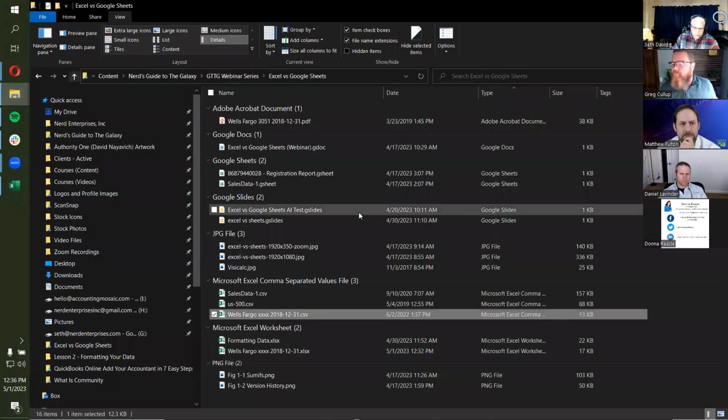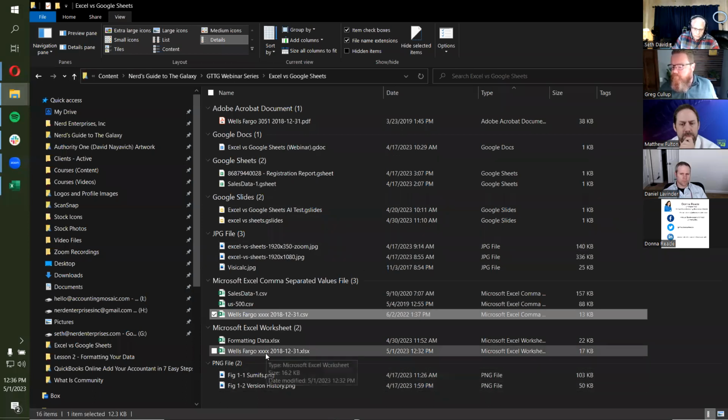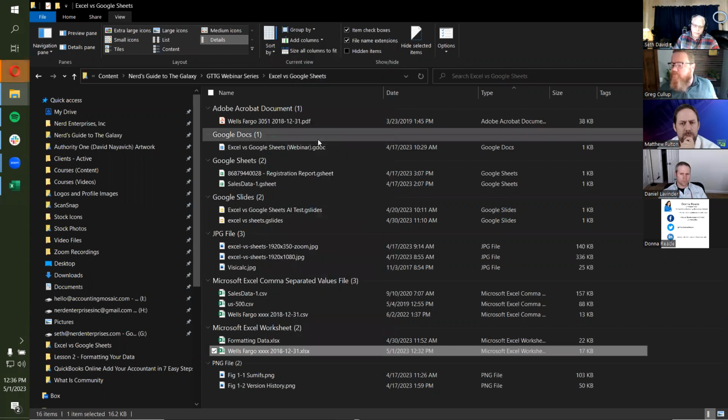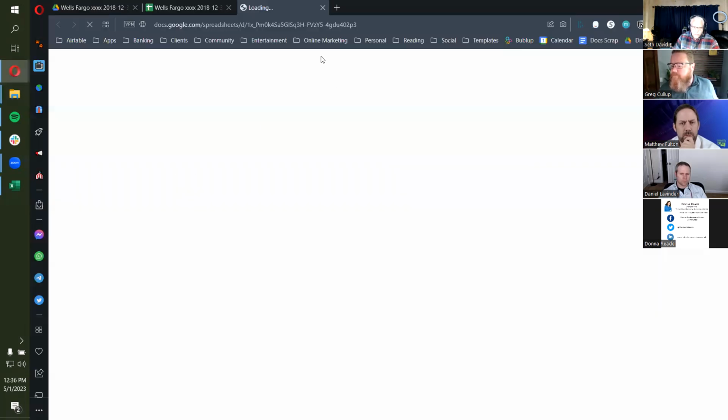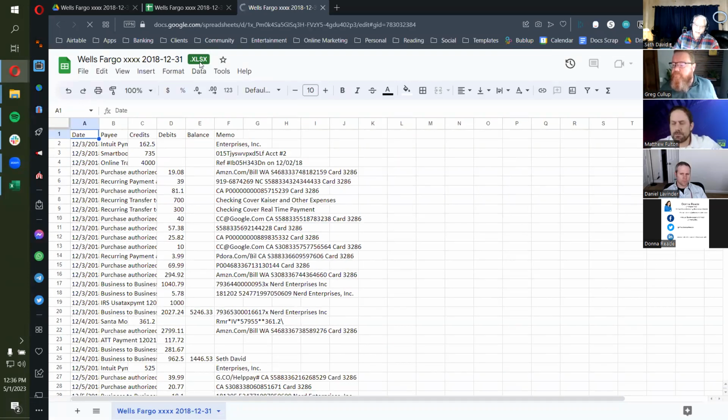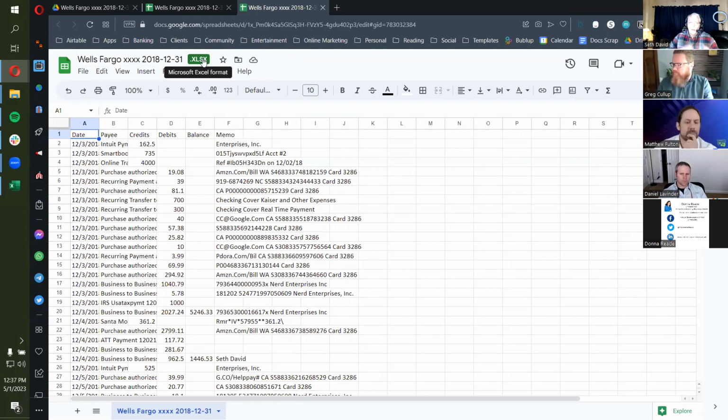Now let's quickly, just so you can see the difference, let's do it with the Excel version. Okay, so I right click that. Notice here the choice is open with Google Sheets, because now it recognizes I'm opening an actual spreadsheet as opposed to a CSV file. All right, so it's going to go right in and watch what it does here. Notice it does the .xlsx thing. This lets me know that it is still an Excel file. It is giving me the ability to edit an Excel file using Google Sheets. So once I leave this, if I don't do anything different, it will still remain as an Excel file that can be opened or sent or whatever. I'm just using Google Sheets as the sort of client to open up and work with that spreadsheet.